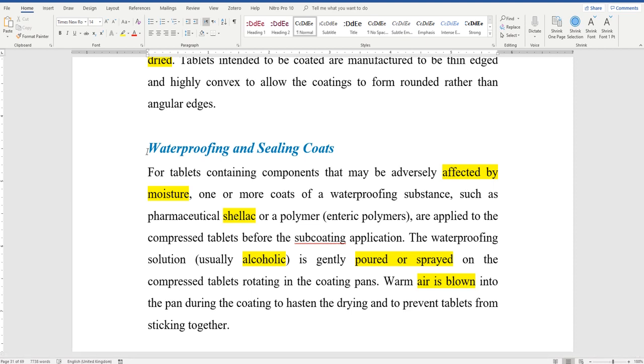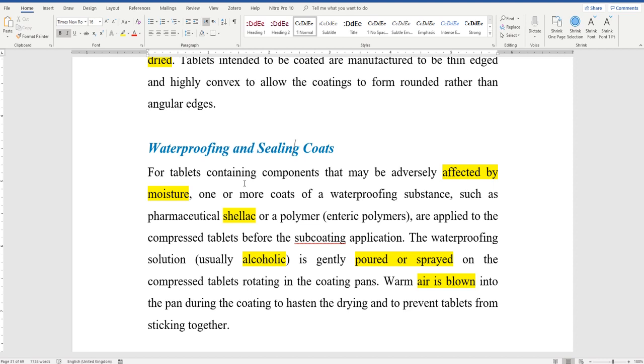If you remember, I said in the beginning there will be de-dusting, and after that waterproofing, or the other term we call it sealing coats. Well, first we need to know why do we need to do that? Why do we need to do waterproofing or sealing coat? What do we mean by that? What does it mean, waterproofing? Waterproofing means we don't want water to get into the tablet, because later on we're going to use aqueous solutions,